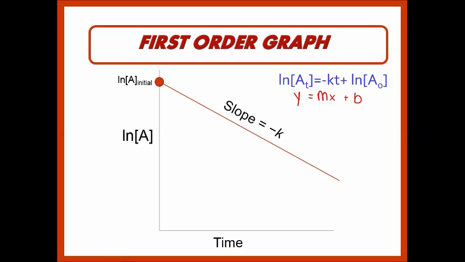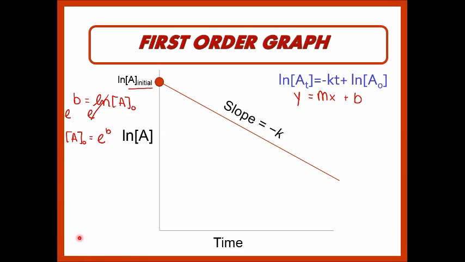So for example, if you were given the equation of the line for a first order plot and you were given the y-intercept, and say that the problem wanted you to solve for just the initial concentration of your reactant, then you would actually have to take the intercept is equal to the natural log of your initial concentration. And to solve for just this initial concentration, you're actually going to need to raise both sides to the e, because e is the opposite of ln. And so ultimately those cancel out, and you get that the initial reactant concentration is equal to e to the